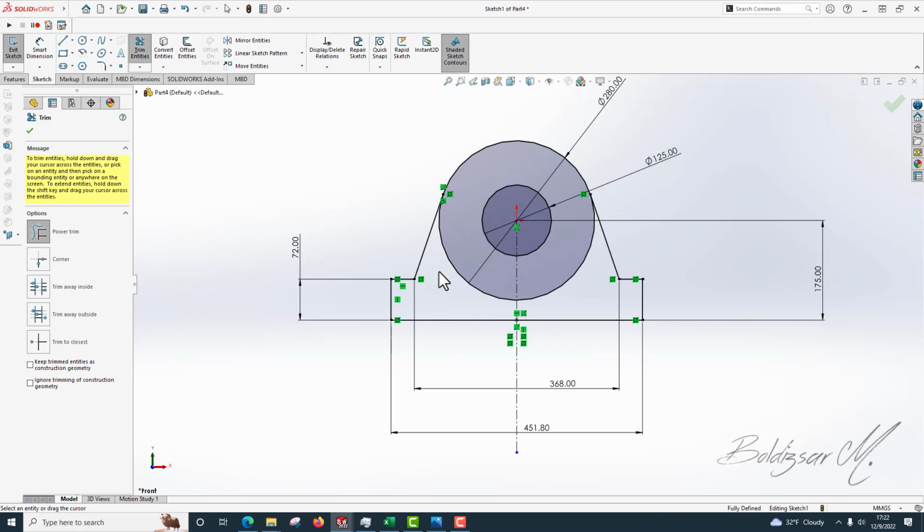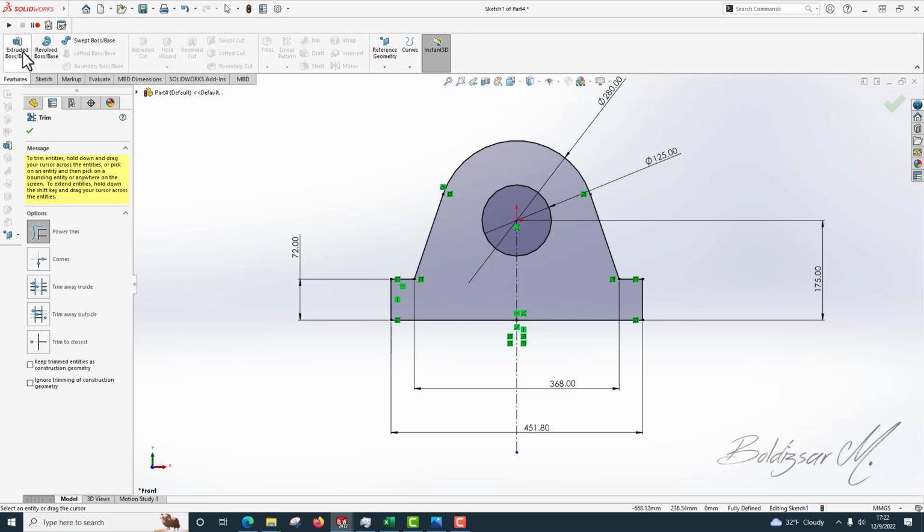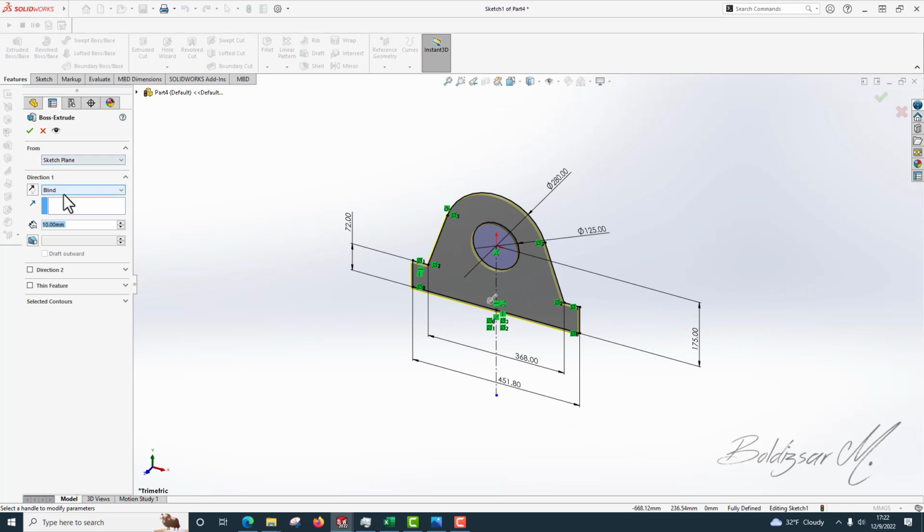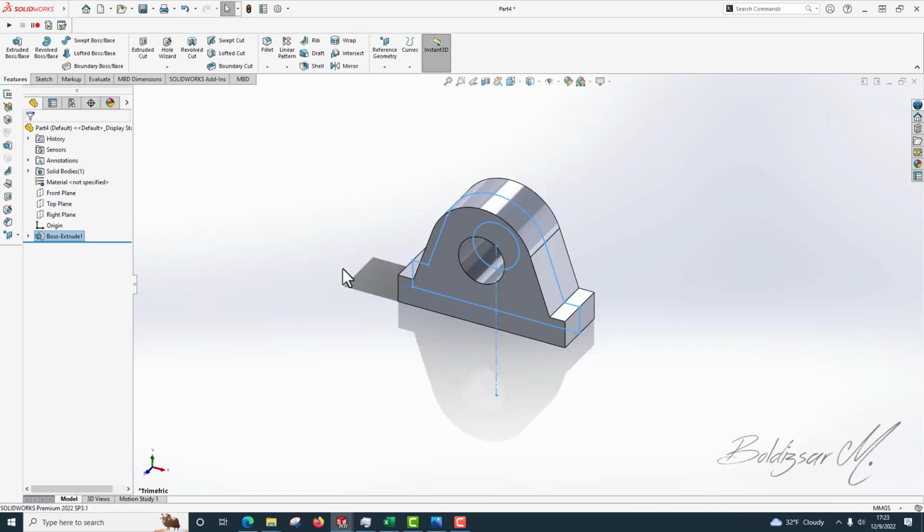Now trim it where we don't need. Features, boss extrude 150 as a middle plane. Let's make it like that, 150. Okay,